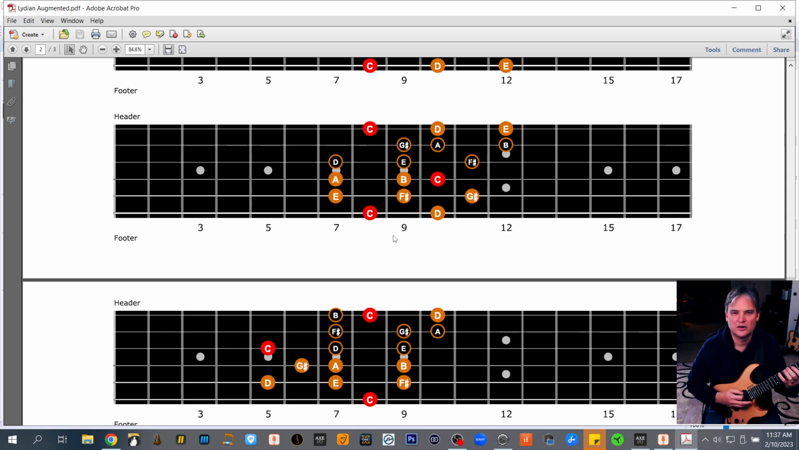So we've got 1, 2, 3, sharp 4, sharp 5, 6, 7, 1, 2, 3, sharp 4, sharp 5, 6, 7, 1, 2, 3. 3, 2, 1, 7, 6, sharp 5, sharp 4, 3, 2, 1, 7, 6, sharp 5, sharp 4, 3, 2, 1. Okay, and lastly,